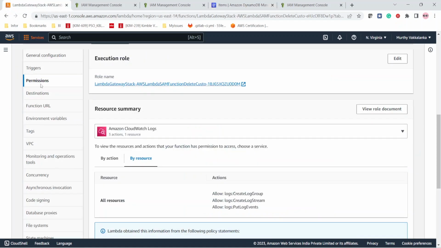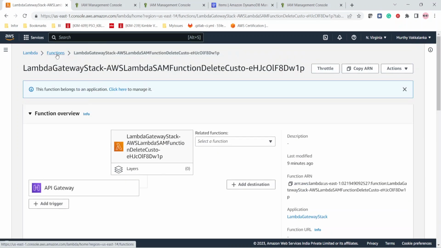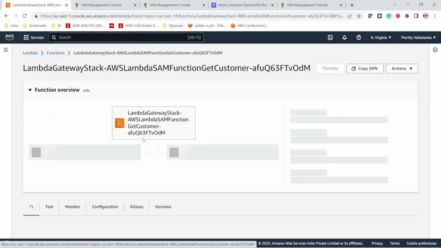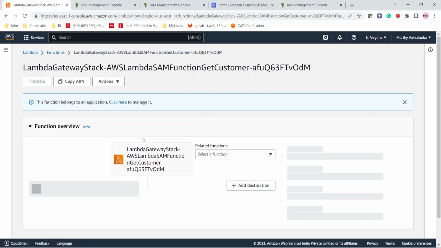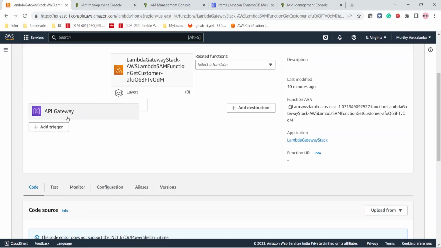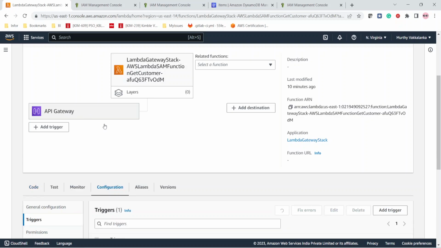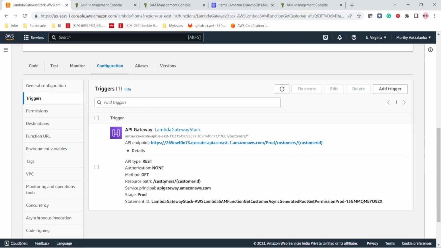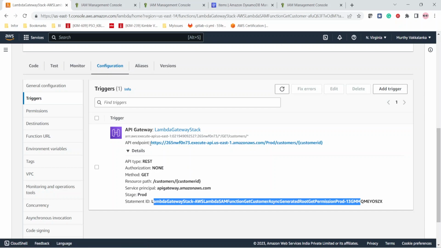So for that, let us go to the Lambda functions, and to get the customer we are using this Lambda function. Let me click on this and let us fetch the invocation URL. So this Lambda function is integrated with this API gateway. If you click on this API gateway, you can see here the endpoint that we are going to use and the details. In the details, we are going to see the resource path, and this is the API gateway stage prod statement ID. So let me copy this URL,